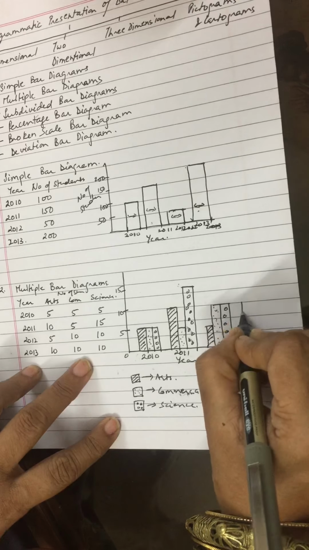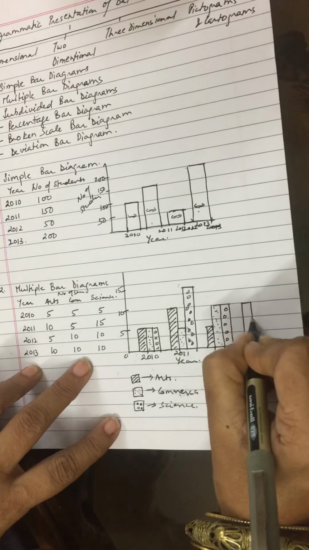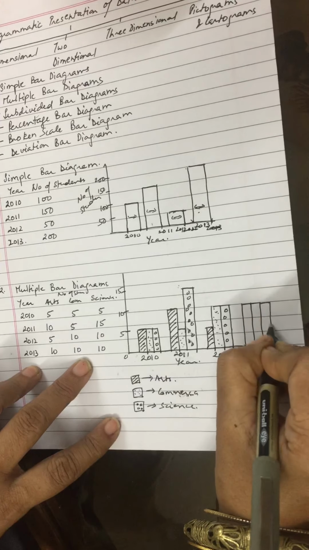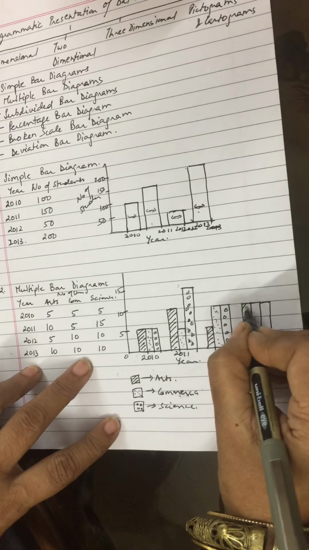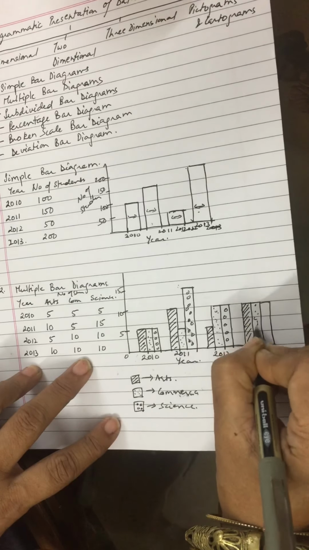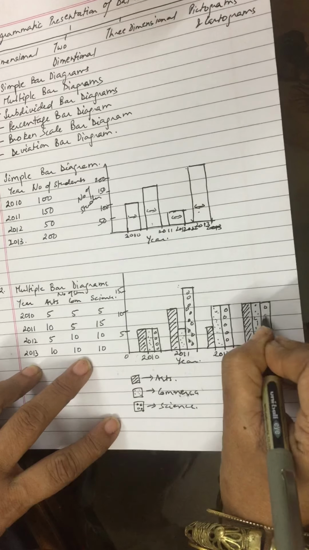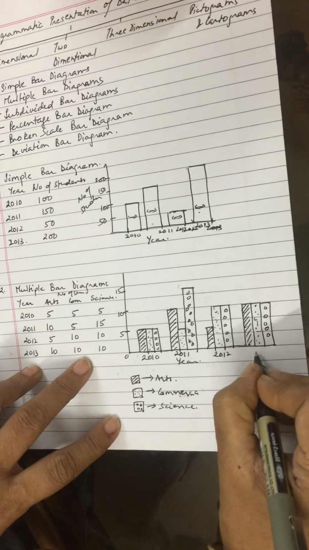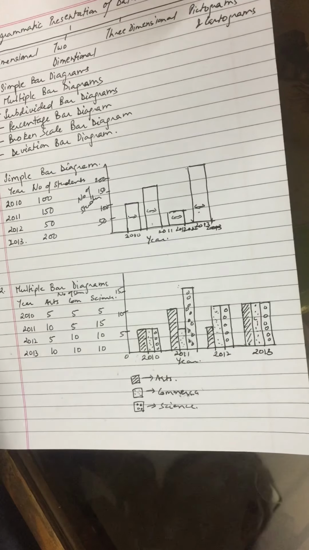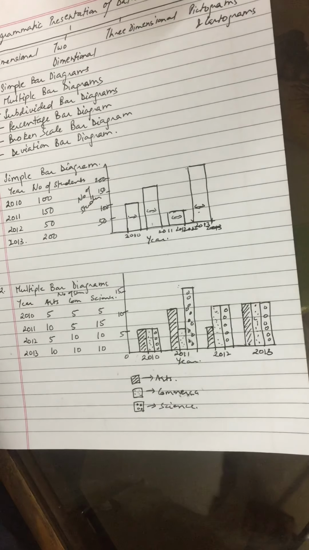And last we draw 2013. In this case, if you see, I have taken all the values as equal to 10. So the first one will come out to be this kind of figure. Next one we are drawing dots and the third one we are drawing circles and we mark the year over here as 2013. So this is how we draw a multiple bar diagram. I hope everybody is clear on these two.